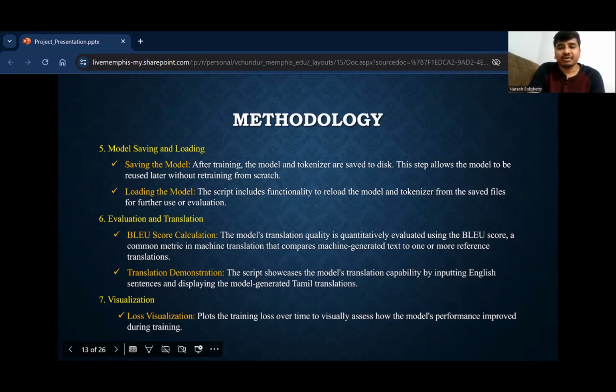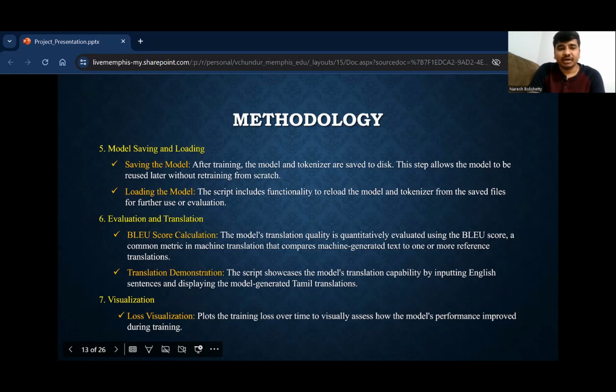So, evaluation of translation quality employs the BLEU score, the standard metric comparing model generated text to reference translations. Additionally, the script demonstrates translation capabilities by inputting English sentences and displaying corresponding Tamil translations.